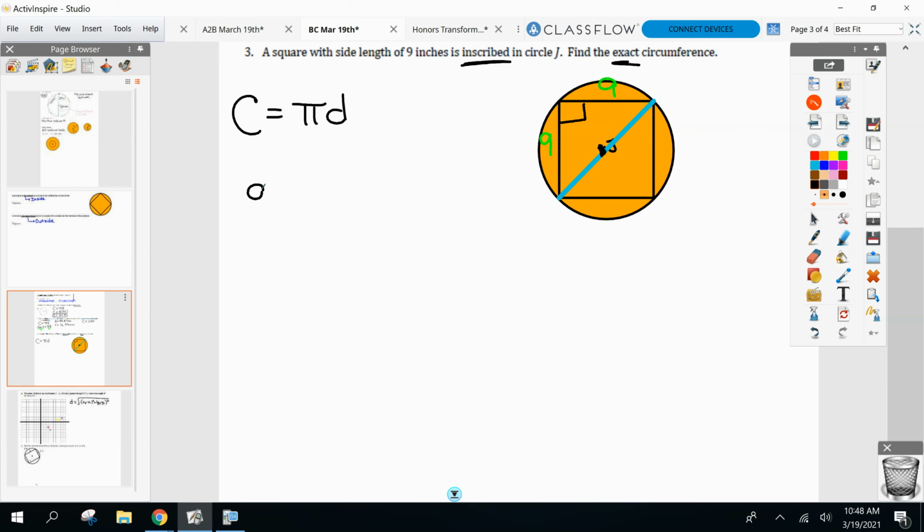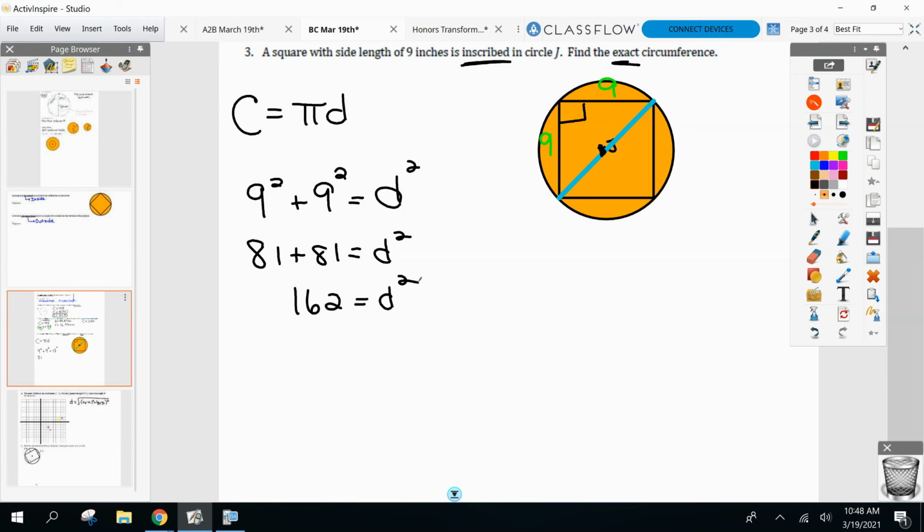So 9 squared plus 9 squared will be equal to my diameter length squared. Here we go. 81 plus 81 is equal to d squared. 162